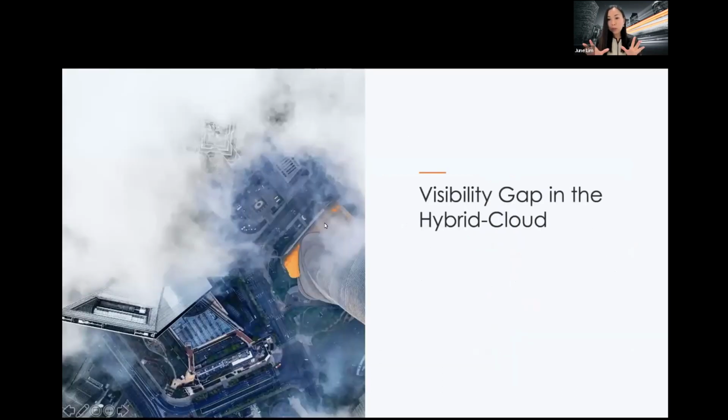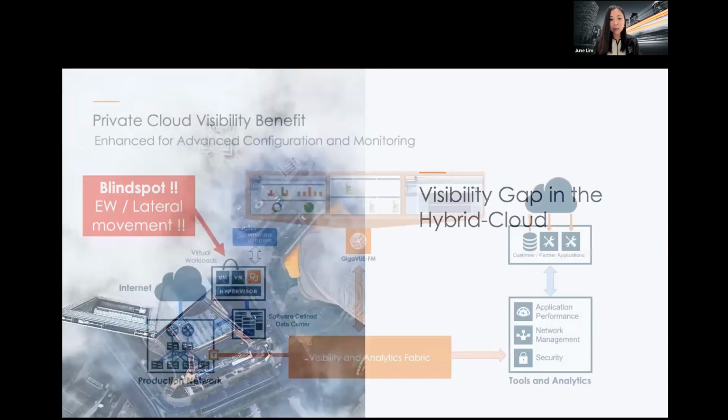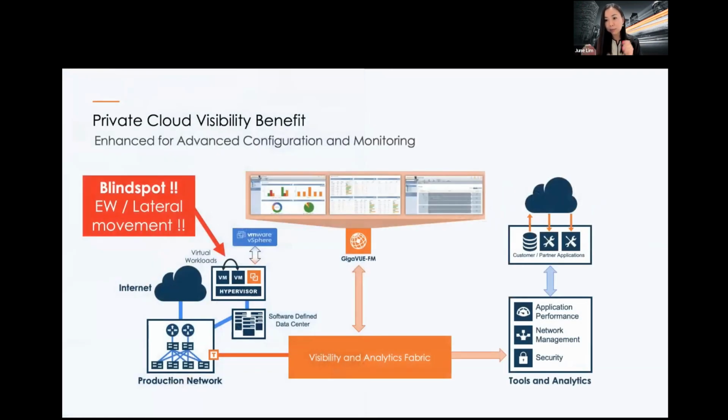Okay, now we keep talking about cloud. There is a problem of getting network packets, a problem of seeing into cloud. When you move your workloads into cloud, you lose a lot of control. So where is the problem? Hybrid cloud means it's not just public cloud that we're talking about. Private cloud is also cloud, right? So VMware, NSX, ESXi, Nutanix, OpenShift, KVM, OpenStack, for example. Let's look at private cloud first.